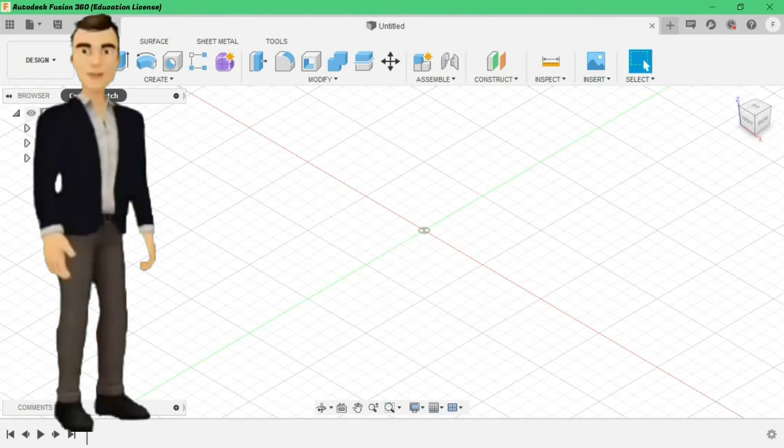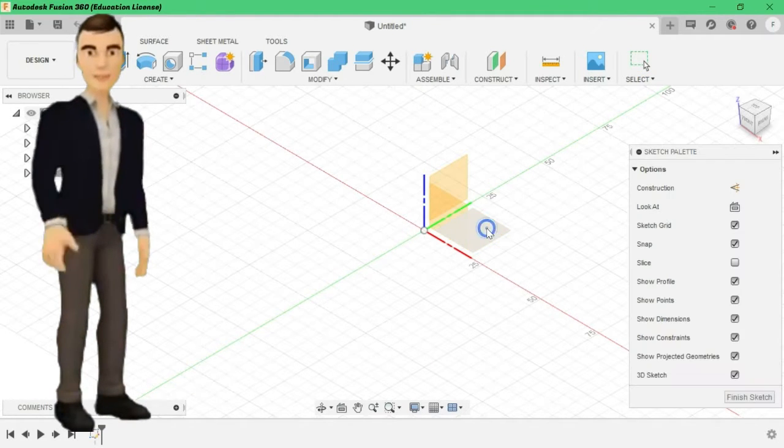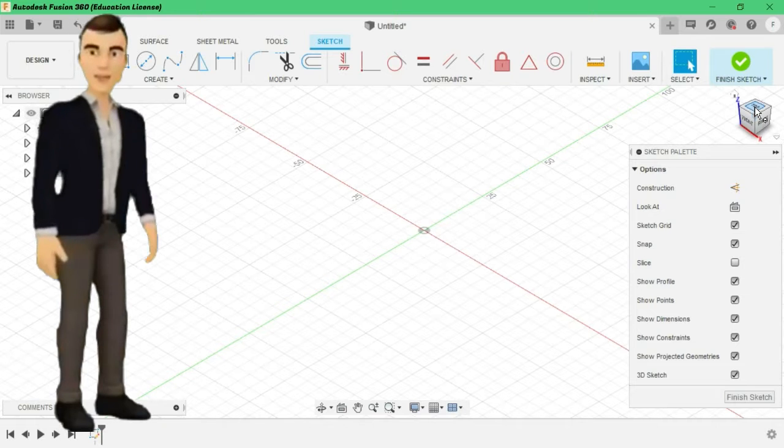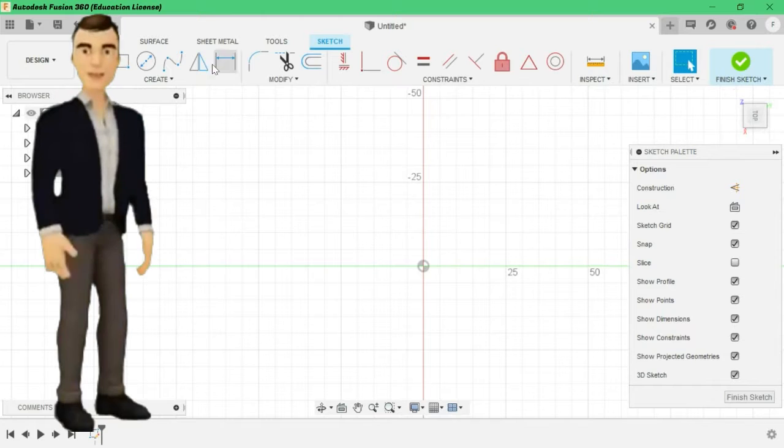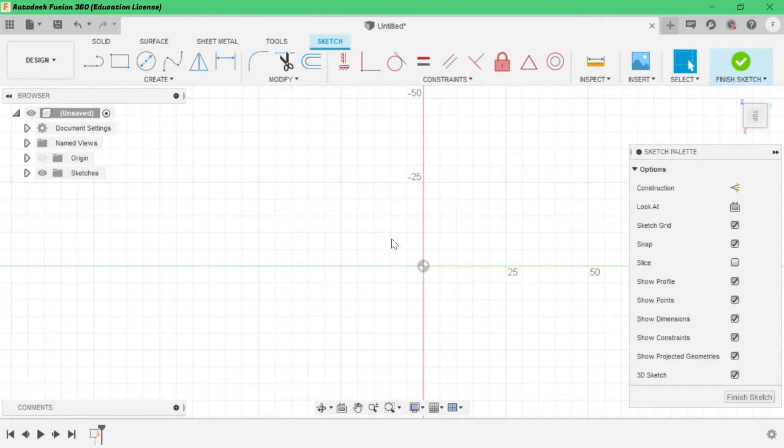So first select create sketch and then select the plane, and then go to the top view. Okay, now here we are creating a pencil box which is in a cylindrical shape. The pencil box has to have two lids, the lower lid and the upper lid. The lower lid is higher than the upper lid, but both have to be in the same physical structure, in the same cylindrical shape.